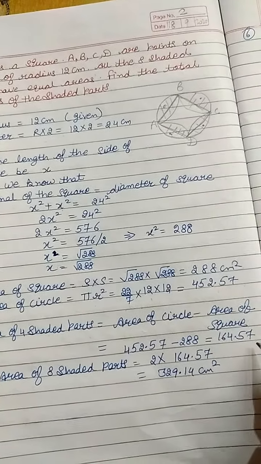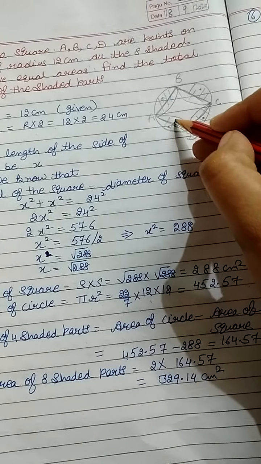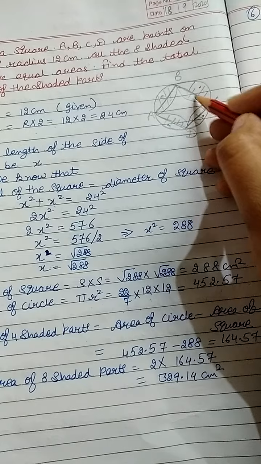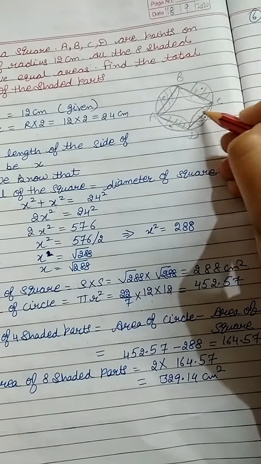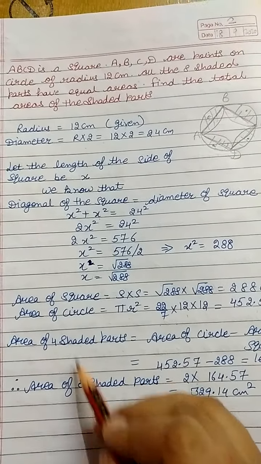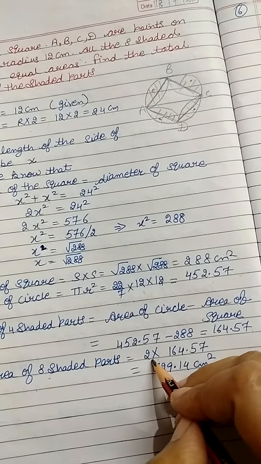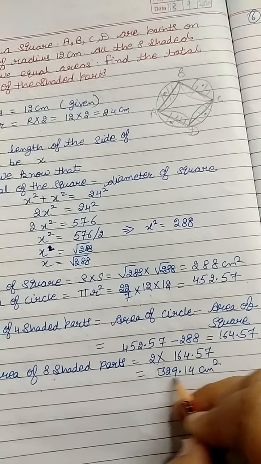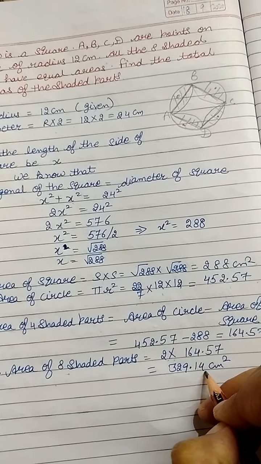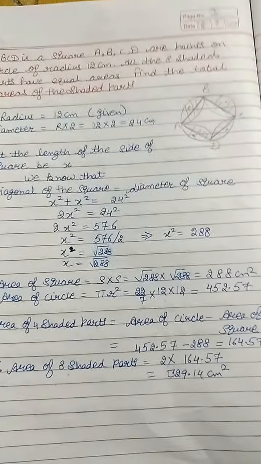We will do the subtraction, then you will get this one, but we got the area of these dotted parts only, and there is a need to find out the area of these 8 shaded regions, and for that there is a need to double the 4 shaded parts' area. And 4 twos are 8, so here also we have to do the multiplication with 2, then you will get the area of this one portion, the 8 shaded region. And I hope everyone understood it.